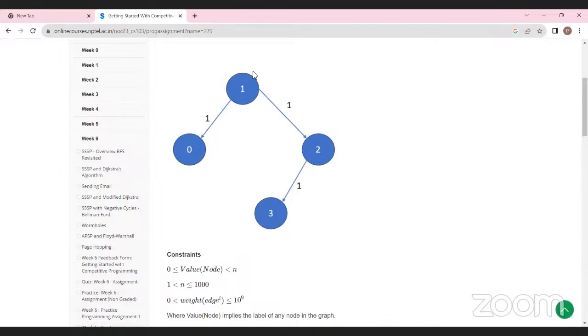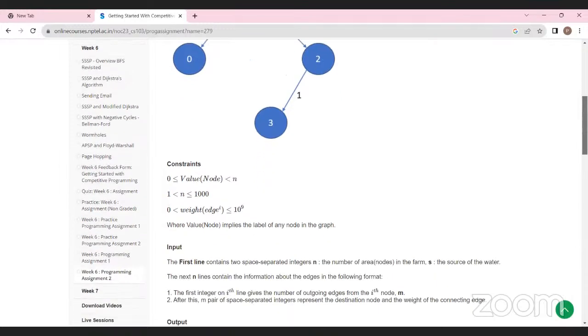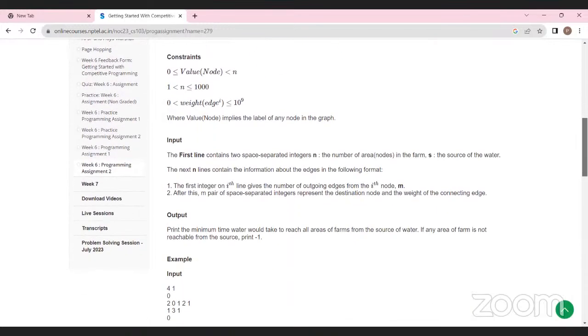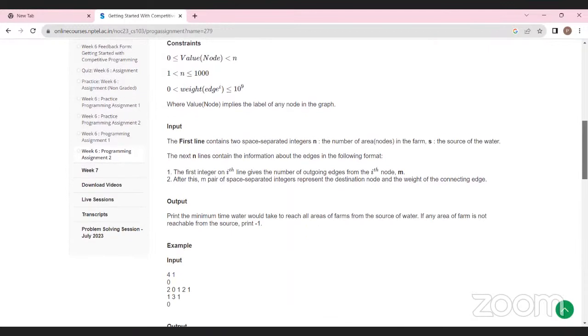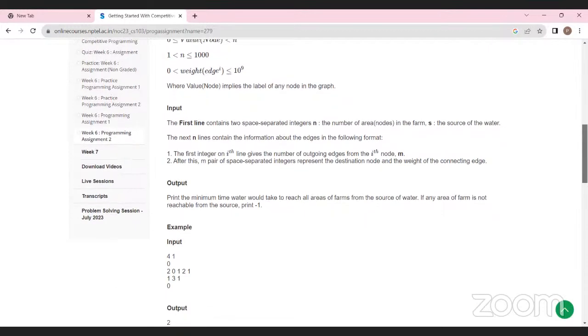So in this case, for node 1, you have 2 outgoing edges, 1 to 0 and 1 to 2. The format is that you specify the destination, then your edge weight, and any node that doesn't have an outgoing edge would have 0 as the input line for the ith node.